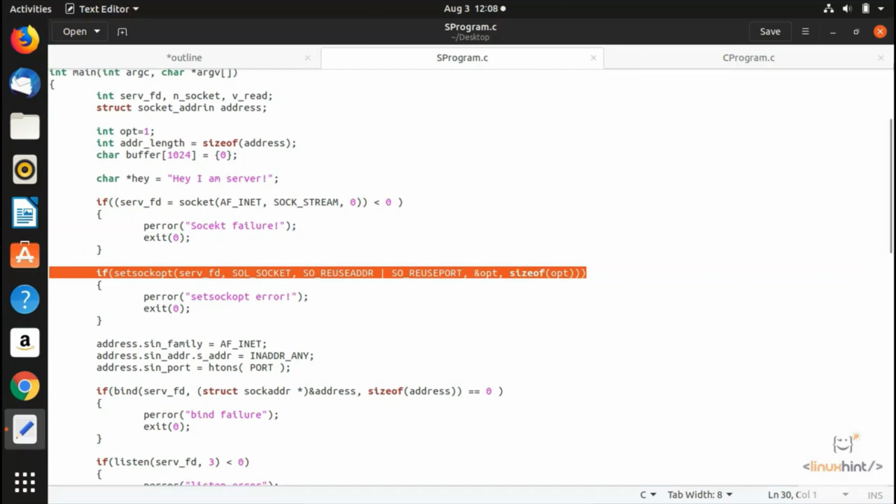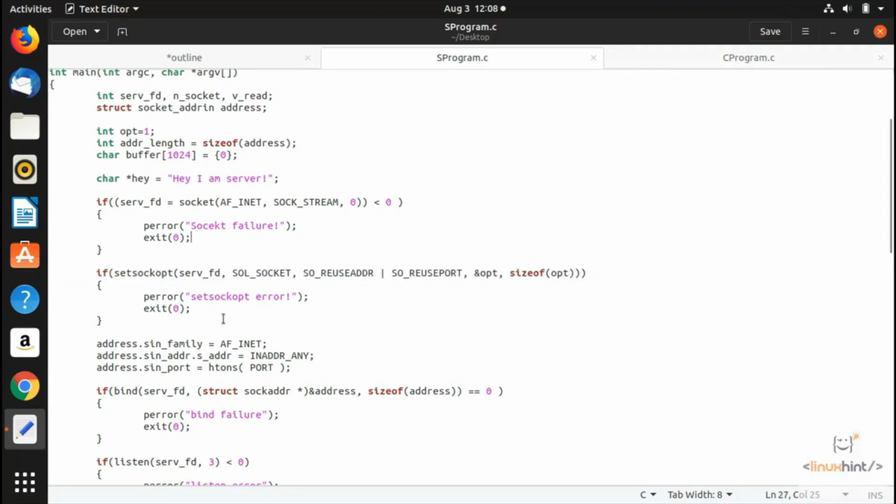Okay, the next method that we have here is the bind method. Okay, so after creation of the socket, the bind function binds the socket to the address and port number specified in the address. Okay, so the code that we have done here, we bind the server to the local host. Okay, so hence